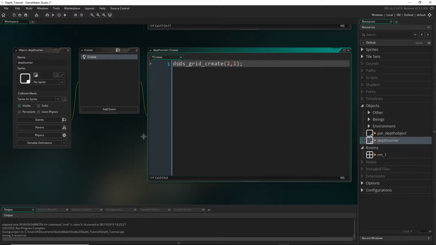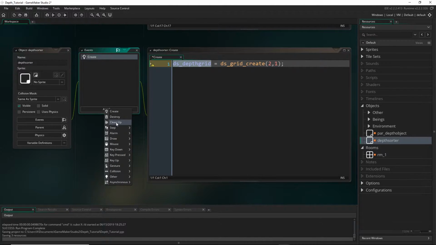So let's save it in, I'm just going to call it ds depth grid. The ds is just reminding me that it's a data structure. You can call this whatever you want, of course. And now that we've created this grid, a special thing about data structures is that unlike other variables in the